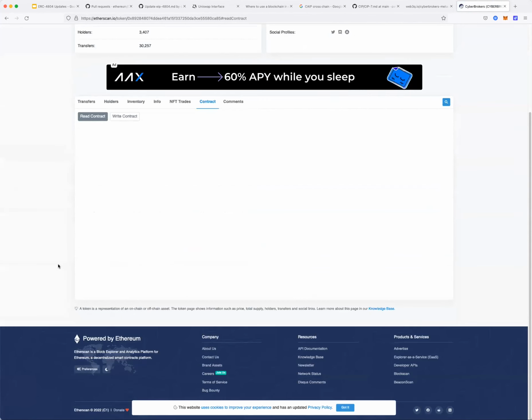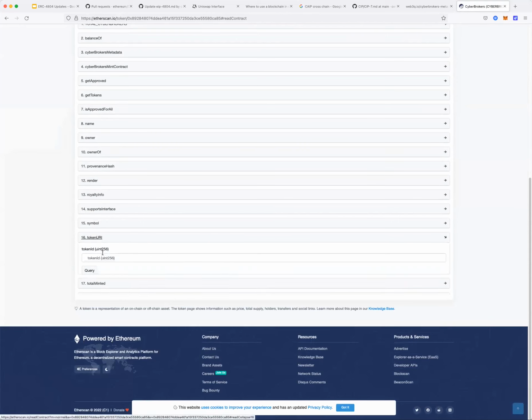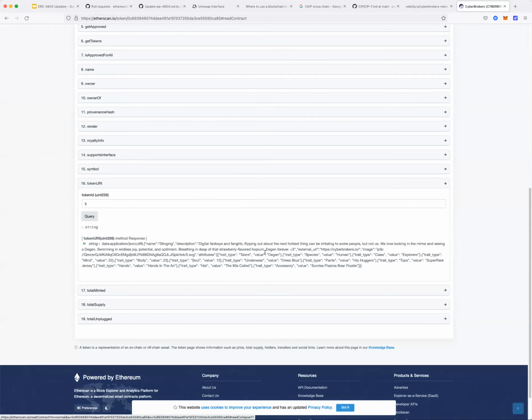let me see. So they have the token URL, and right now it still has to rely on IPFS as a copy, even though they said all the metadata has been uploaded on blockchain, because they said people will never worry about losing the data because everything is on top of Ethereum. So I feel like this is something that Ethereum is missing right now.